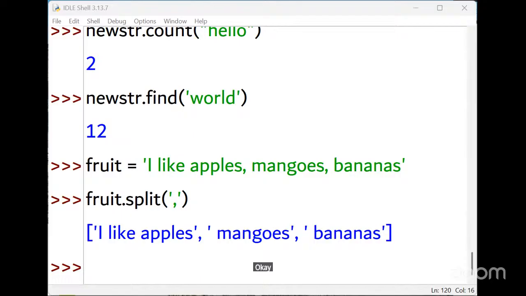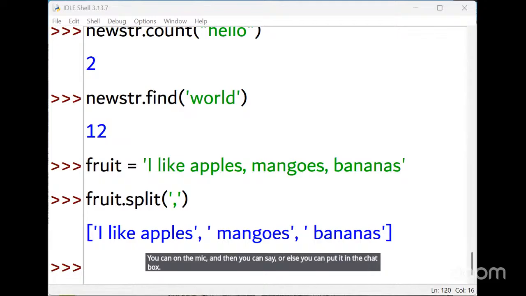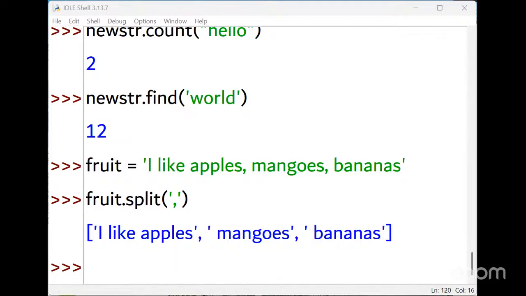Can any one of you tell how many functions we have seen in string? Can you list them out? You can use the mic, or else you can put it in the chat box. How many functions have we seen in the string functions?